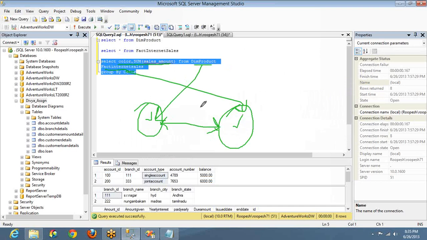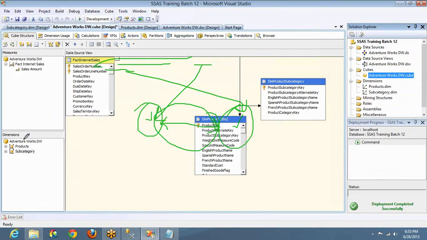And the relationship between these two is nothing but giving the relationship between these two tables, let's say a join in this case, right? You have to give a join to make two tables join here. In the same way, you have to use some relationship to join this dimension with this measure group, and the second dimension with this measure group. Agree?